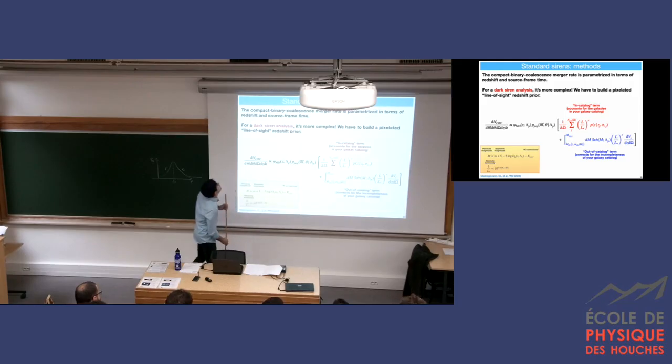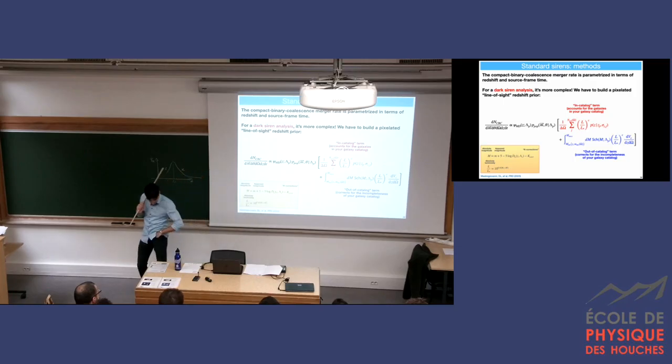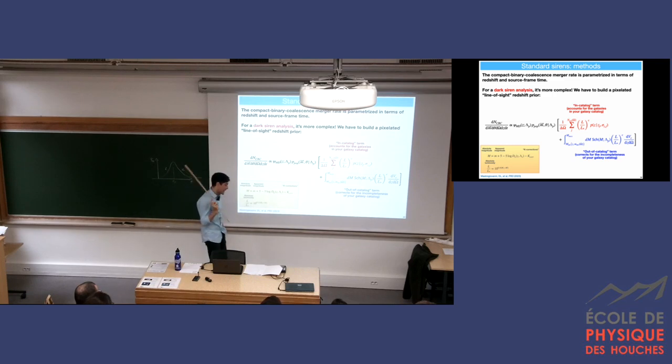Now I will move to the third method, the dark-sided analysis. So this is more complex. What we have to do here is to add information also from the galaxy catalog, right? The likelihood in this case, at least the rate, the way in which we can model it, now depends on additional things. So we still have the same ingredients as before, and this is the reason why I was telling you that actually the dark-sided method is